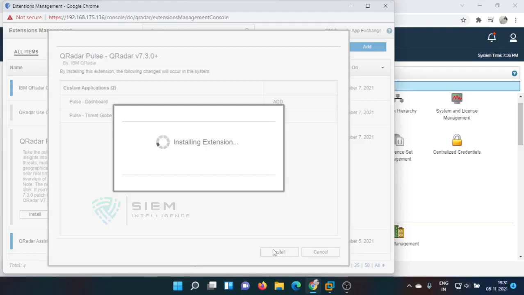So now this particular system is going to install. Getting installed.